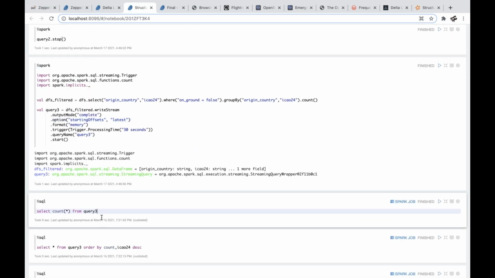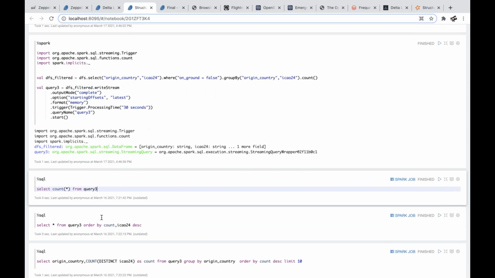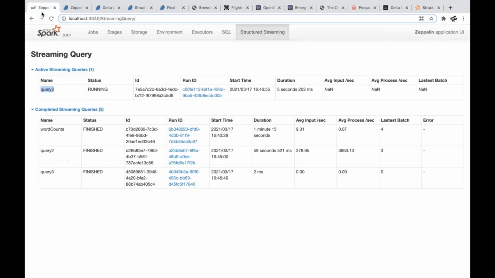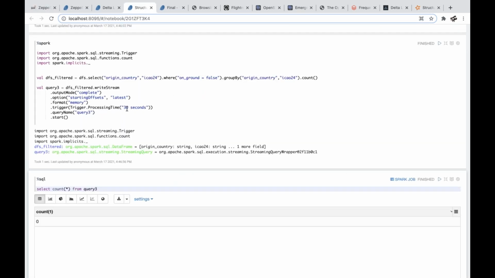Let's try to query. Let's try to get a count. How many messages? 0 yet. So come on, we are still not processing. Let's see. Still running. Probably my batch time is 30 seconds and I forgot to change it. So guys, we need to wait a little bit further to complete this processing.